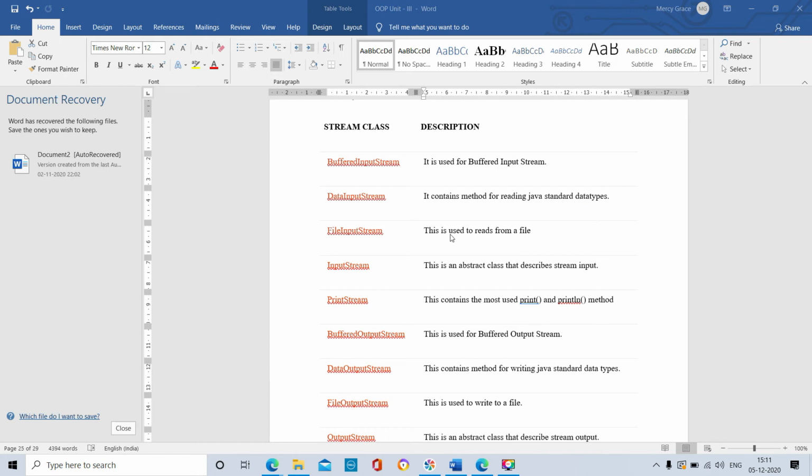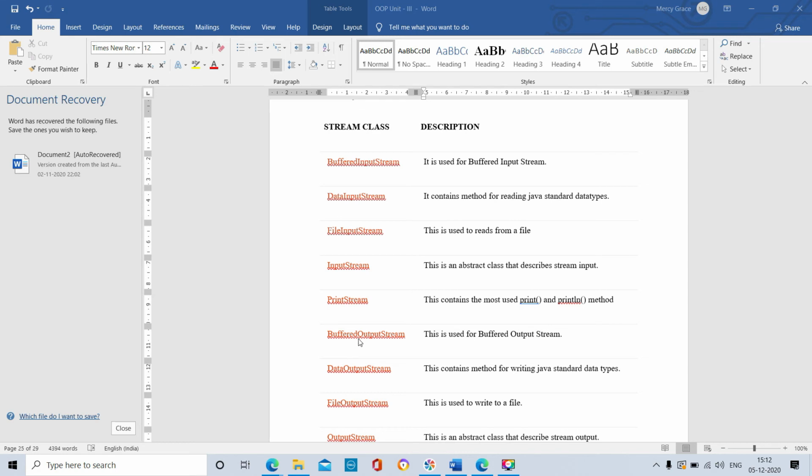File input stream is used to read from a file. Input stream is an abstract class that describes stream input. Print stream contains the most used print and println methods.